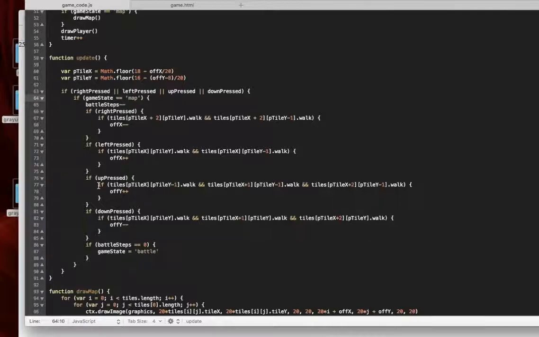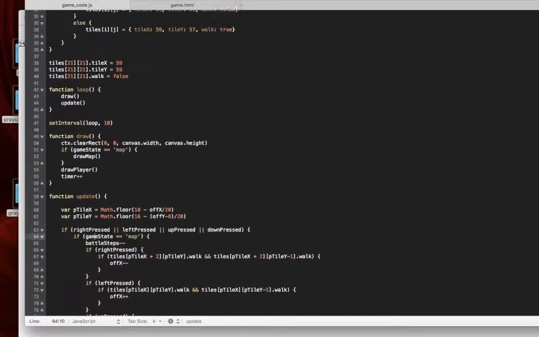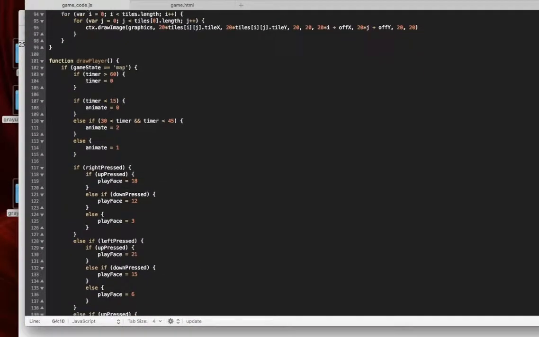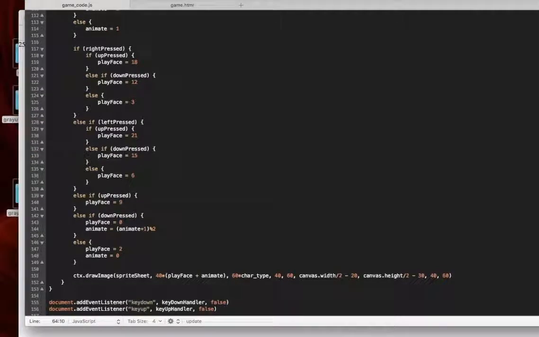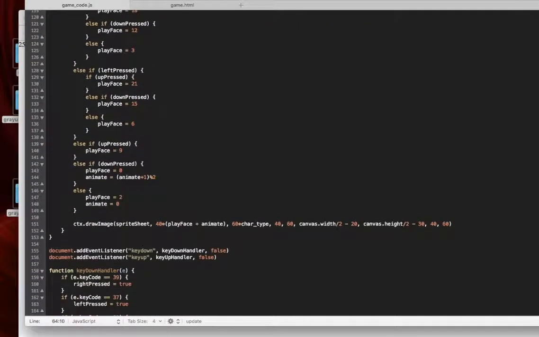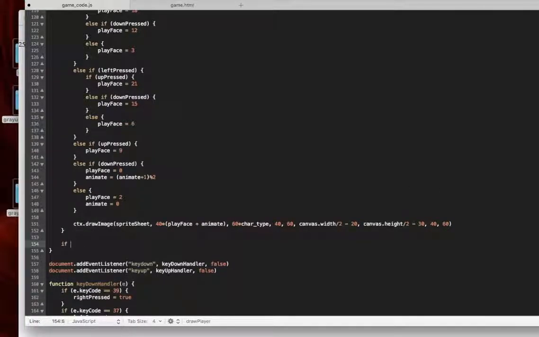One is an update. That's going to be less interesting until we want to do something in the battle. One was in draw player. So that's a place that we could go ahead and change something. So if game state equals map, we draw this animation. Let's just say if game state equals battle,